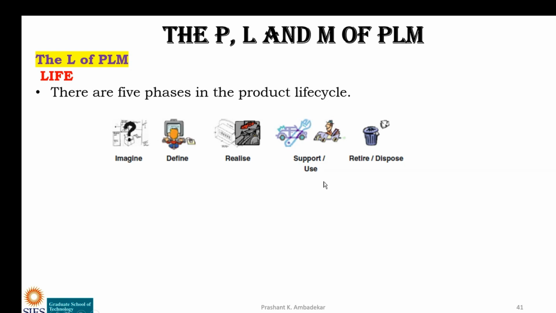As we saw the example of Maruti 800, Maruti set up so many service stations. So the vehicle is sold so much because of the service stations. It has so many service stations all over the country, and service is also comparatively cheap. The parts are cheap, service is cheap, that is another thing. But the service stations are available, that is the foremost important thing. So during support, whatever service you can provide has to be provided, and then the product will retire and has to be disposed of, and how it should be disposed of also has to be explained.